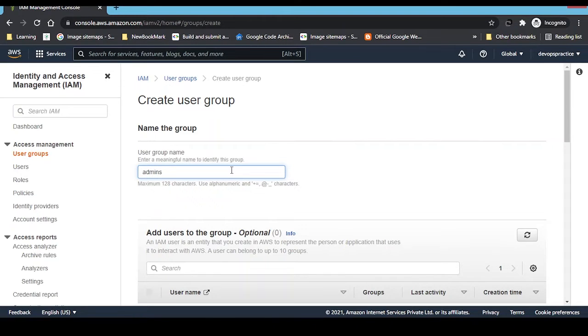Both have administrator access, but at the end the root user is your main administrator, which has more permission to deny and allow. An IAM user with administrator access can do all those administrative tasks, like accessing resources and creating users, but he does not gain all the access which the root user has.